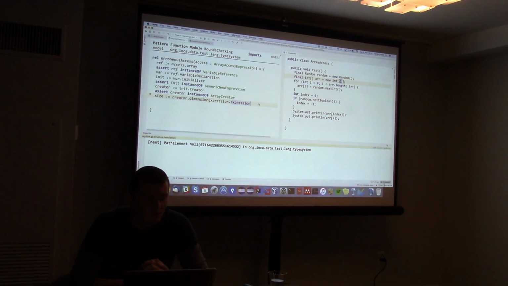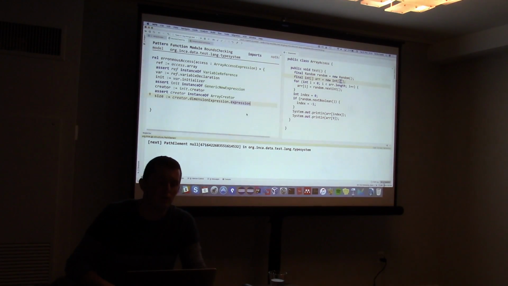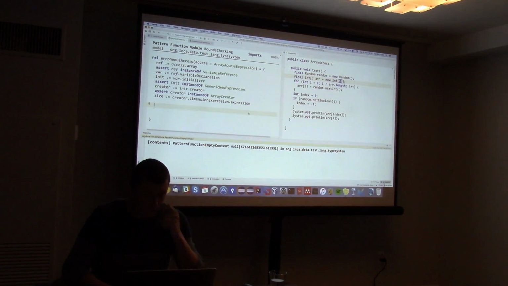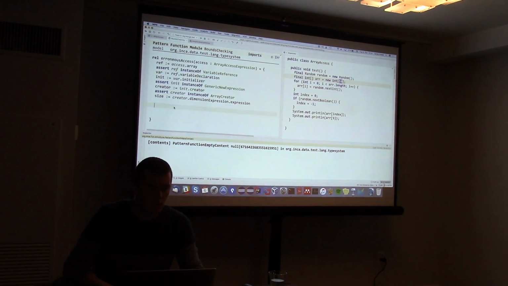But the problem is that this size is currently still a program element. I need to somehow turn it to the interval domain, right? Because I will then do the checking in the interval domain. So what I want to do now, considering that this size could actually be some other value, I actually want to reuse my interval analysis and then simply ask the question, so I create a new variable here, size interval. I would like to ask the interval analysis, hey, tell me what is the interval for this given expression,